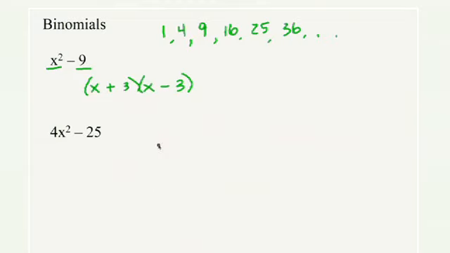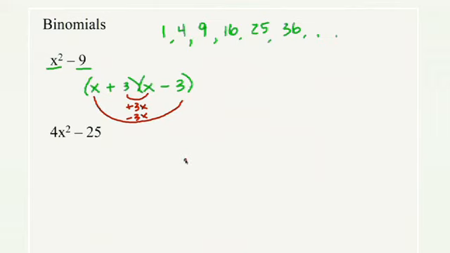Most textbooks, some of them do it in different ways, and your teacher won't care either. That's right. Now, remember that little check method we just showed you? Notice what happens in the middle. Positive 3x, negative 3x. Notice those cancel out to 0. And that's what happens. To have a binomial expression here, you need the middle term to cancel out. That's right. So in all of these difference of square problems, if you were to add the outer terms and the inner terms from your FOIL, you always get 0. And again, that's a good way to check and make sure your answer is correct.